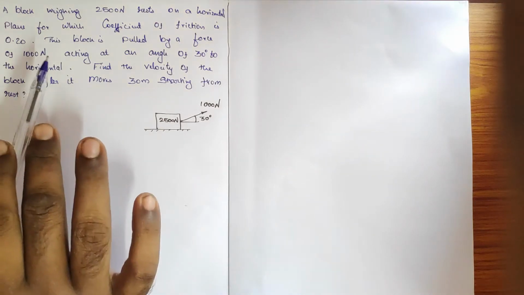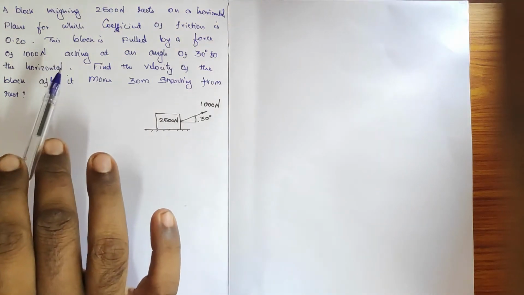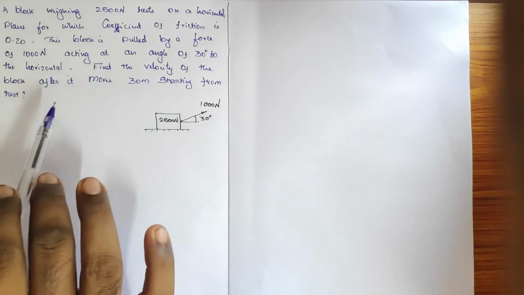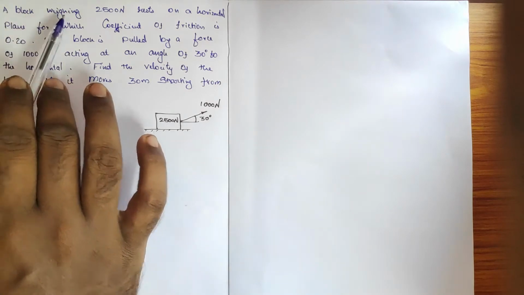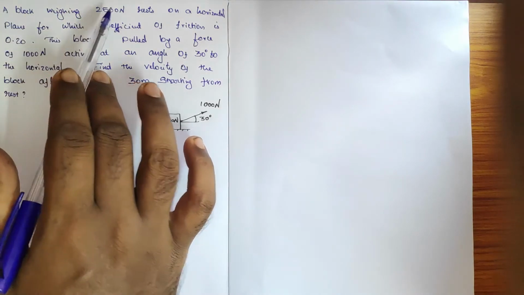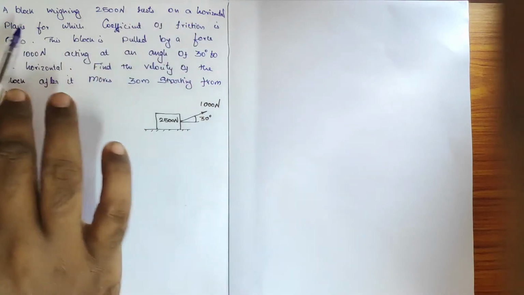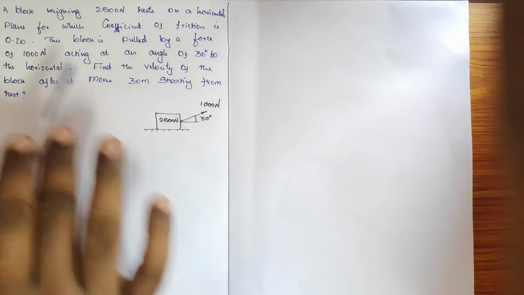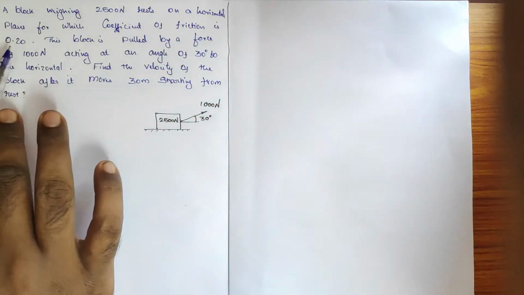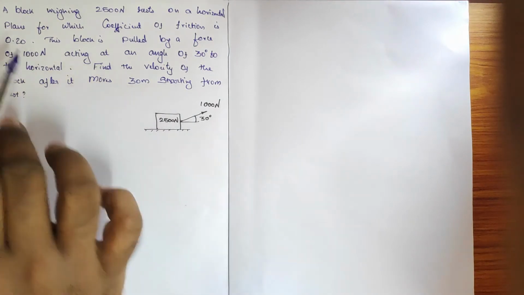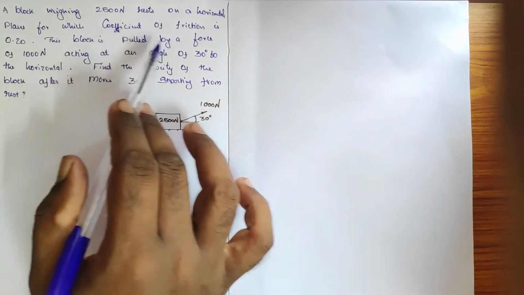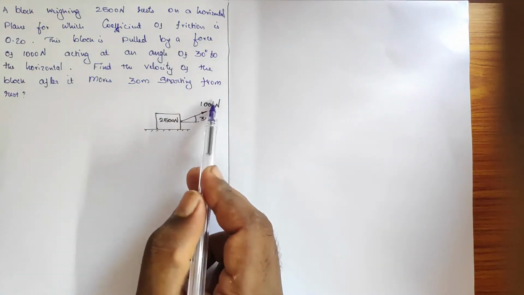Welcome students. I come up with a question. In this question, I am going to solve by the help of the work energy method. A block weighing 2500 Newton rests on a horizontal plane for which the coefficient of friction is 0.20. Its coefficient of friction mu is 0.2, and this block is pulled by a force of 1000 Newton which is